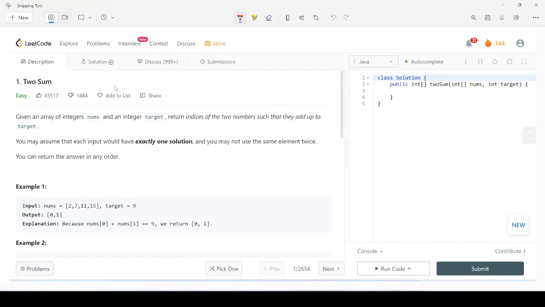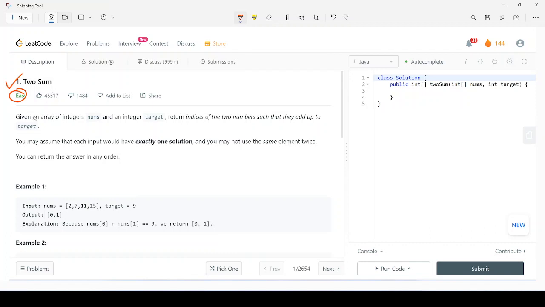So this is the question that we have on LeetCode. This is the first question we have in the array section. We'll do hands-on on this question. I think most of you have already done this question. This is a little tricky question, and you can apply multiple approaches here, and let's